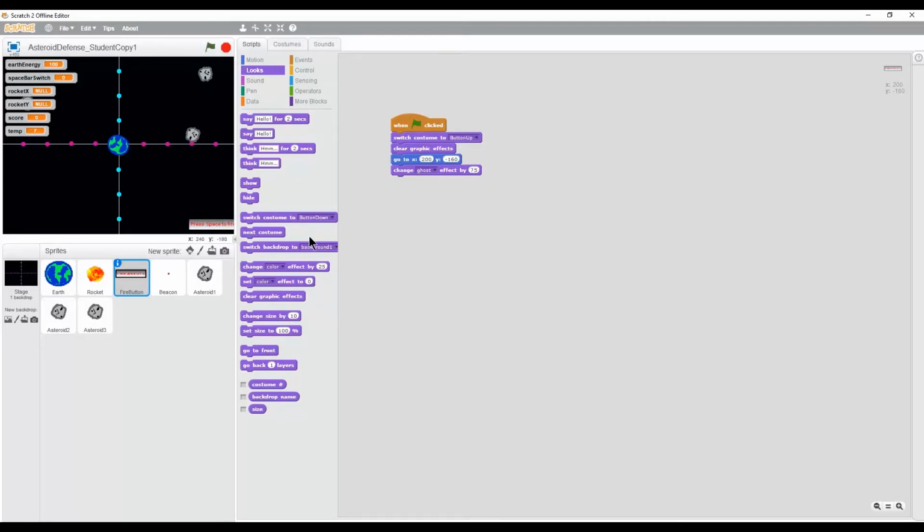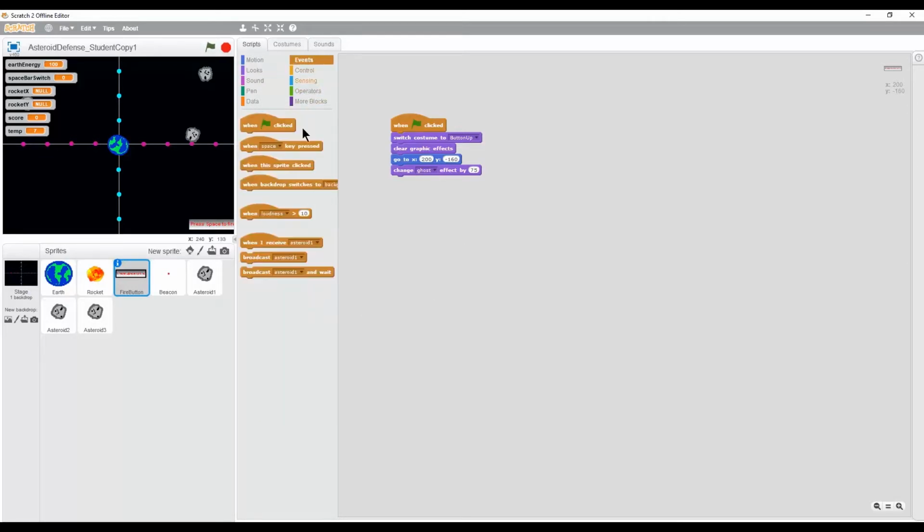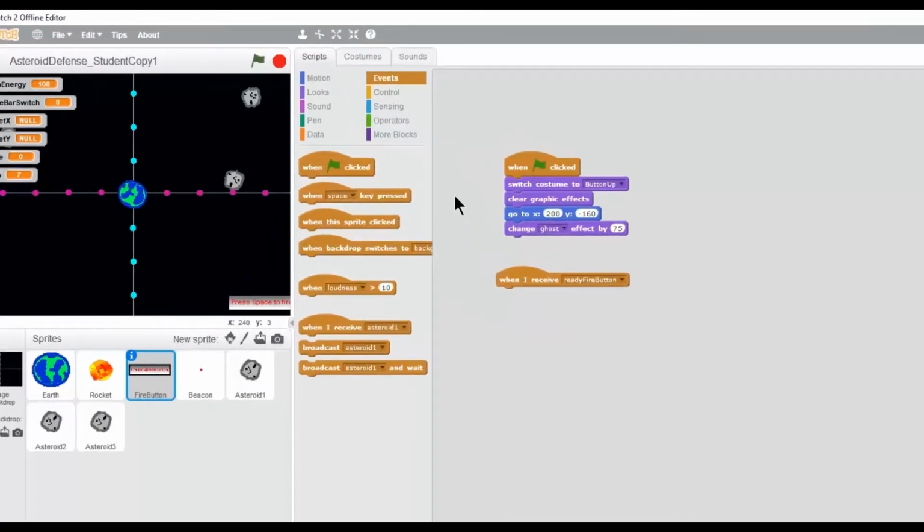And we will show what that looks like in a second, because we're going to receive a message called ready fire button right there. Once we receive that, we're going to use the change the ghost effect by. We'll put in negative 75. Okay, negative 75 reverses the positive 75 of the ghost effect. These are called the alpha channel with the transparencies. So whenever we fade this out with the positive 75, remember 100 basically means 100% ghosted out where you can't